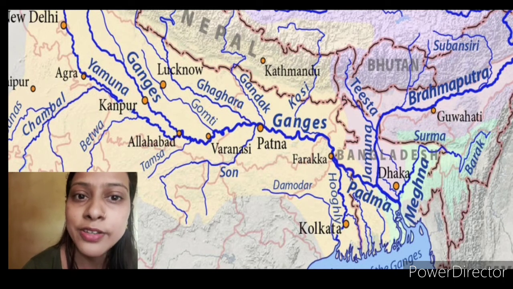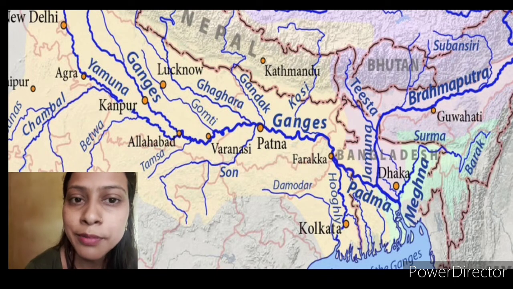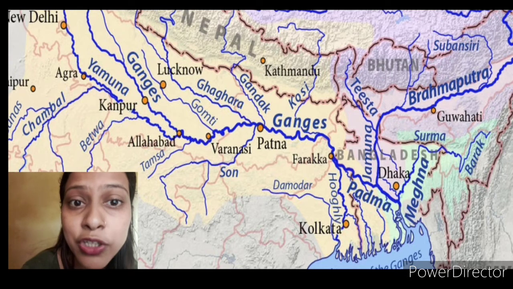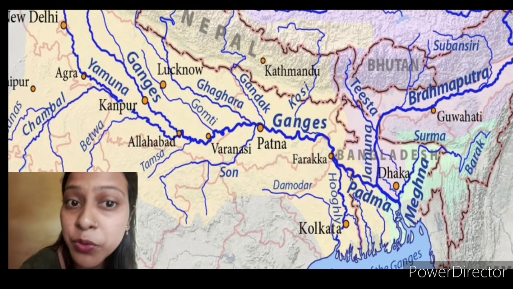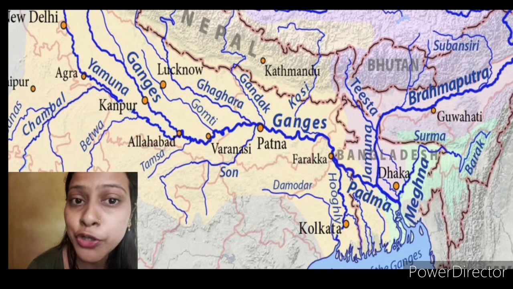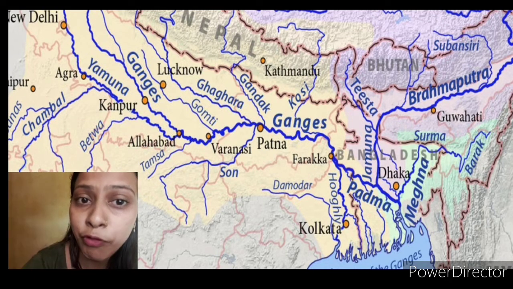Okay, then they discharge their water to the Bay of Bengal, forming the largest delta. What is the name? I think you might know, Sundarban Delta. Okay, so that is the delta which is formed by river Ganga and Brahmaputra after joining in Bangladesh, when it flows down and discharges water to the Bay of Bengal.